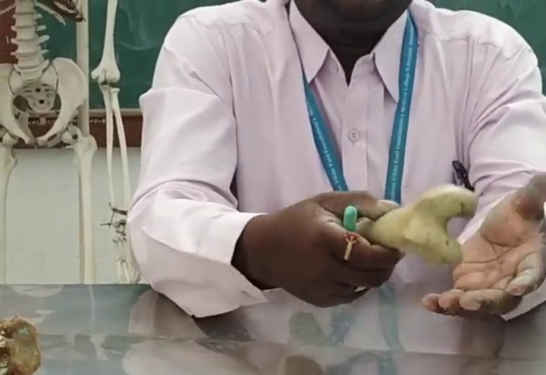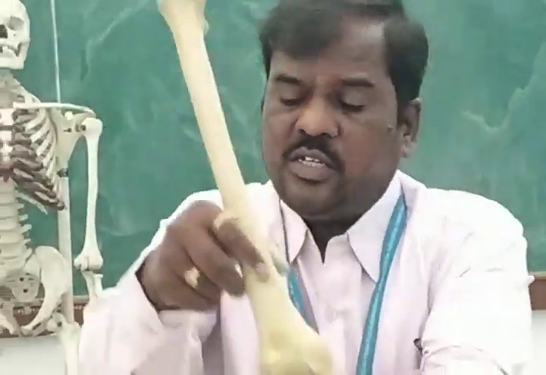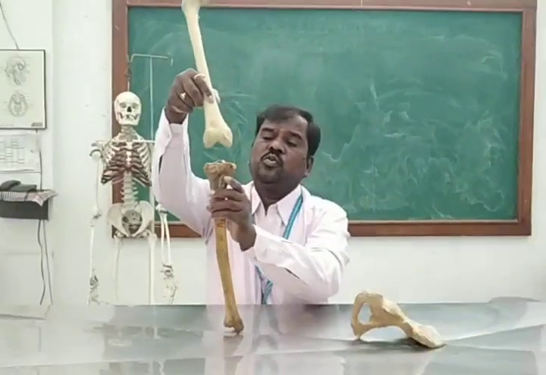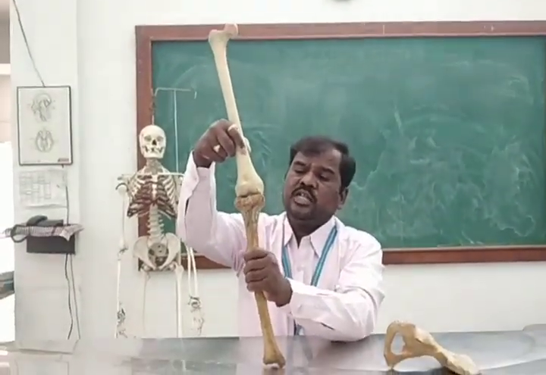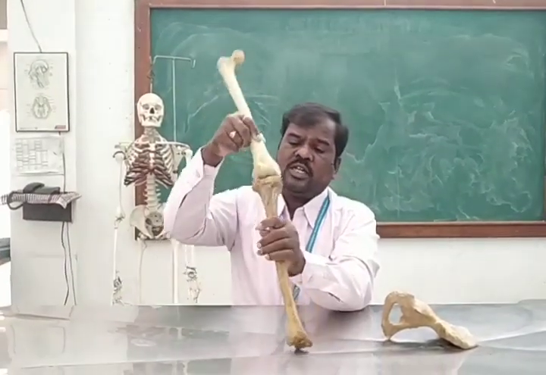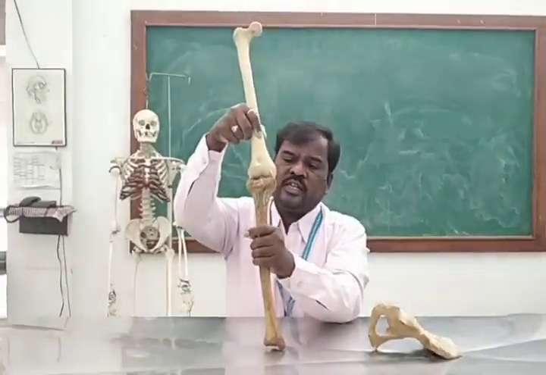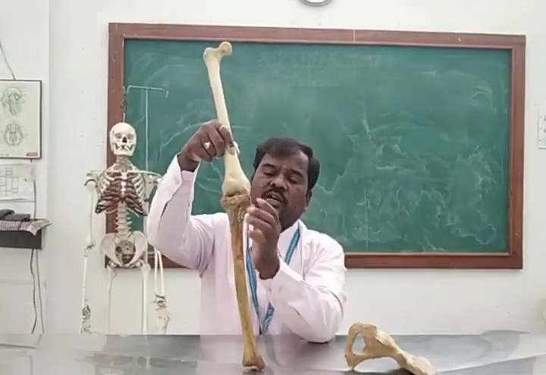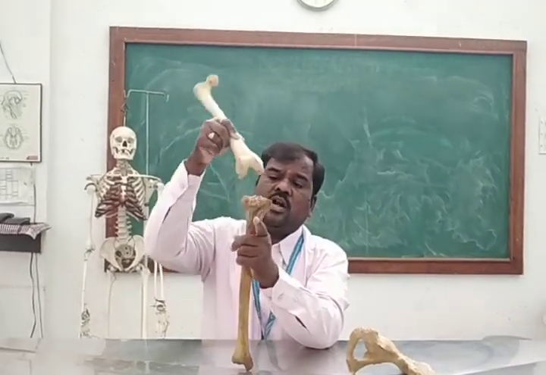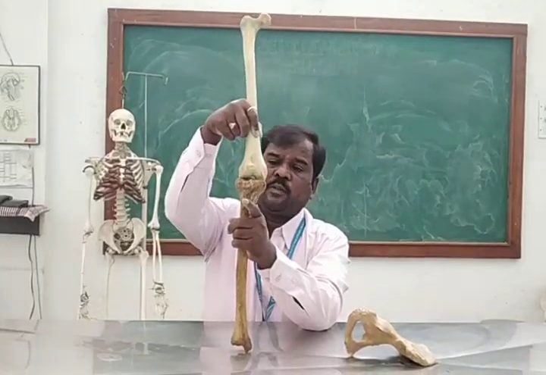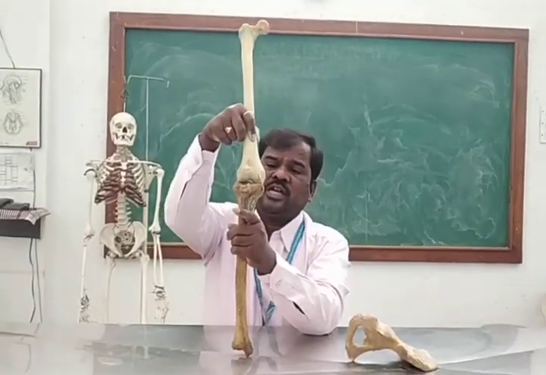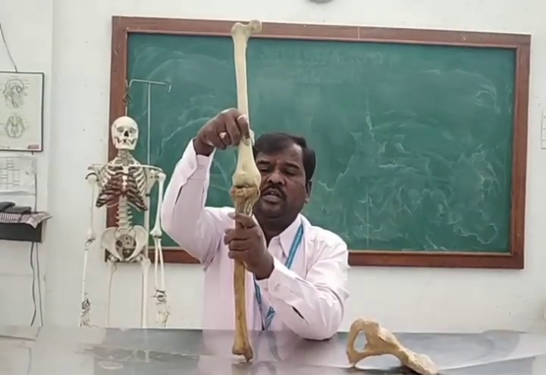And also these 2 condyles inferiorly articulate with the tibia. See, these 2 condyles articulate with the tibia to form the knee joint. That is a compound joint and also a hinge joint, hinge variety, and also condylar type. These 2 condyles articulate with the condyles of the tibia to form a condylar variety. This is very important at the time of the locking and unlocking of the knee joint.